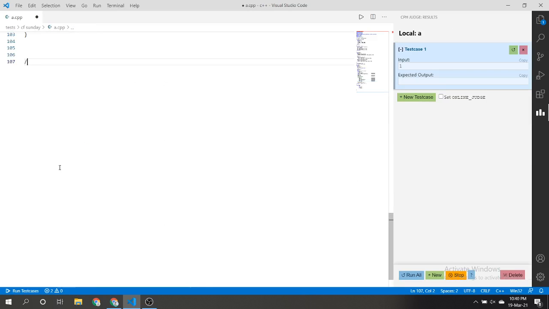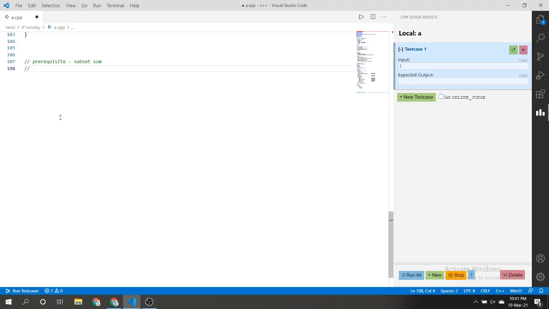So here the prerequisite of this problem is subset sum. And if you don't know subset sum, don't worry, I will explain it to you in the video itself. Subset sum comes from a particular derivation of the knapsack problem.